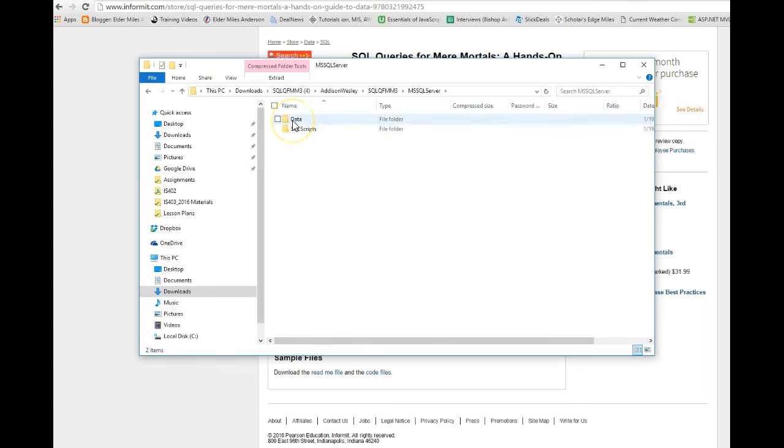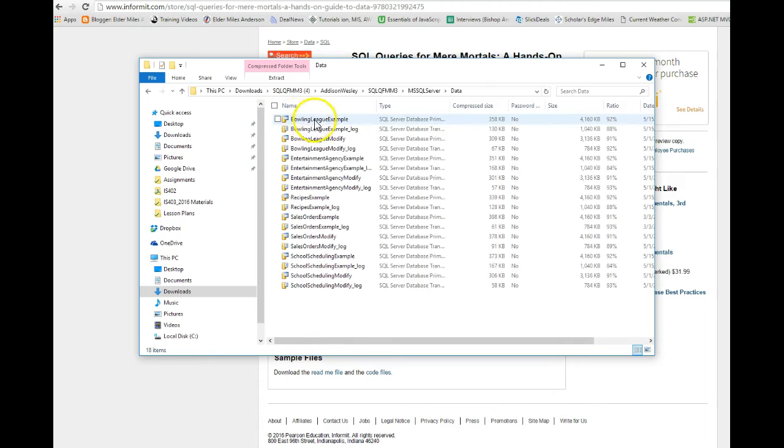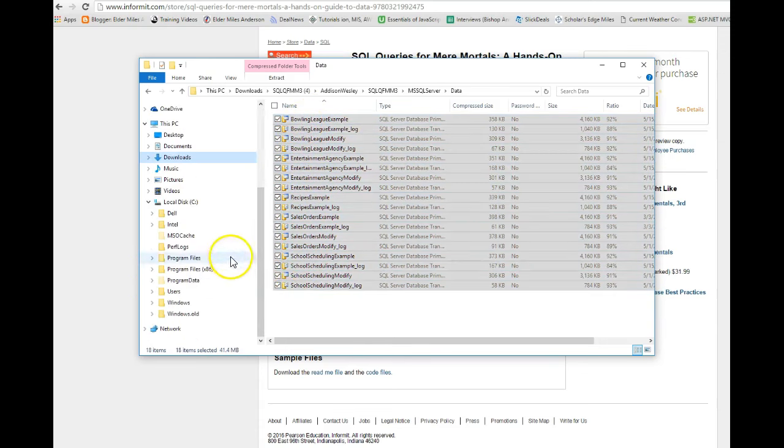This now takes you to some files that we can work with in our database. We're going to double click on Data, and here's all of our database files. What I'd like you to do is select all of these database files and copy them. We need to copy those files to the place where you stored your SQL Server Management Studio